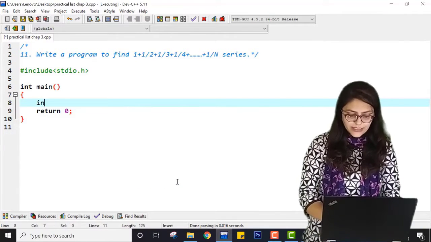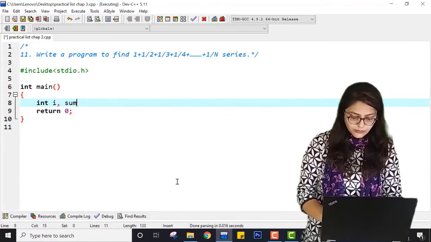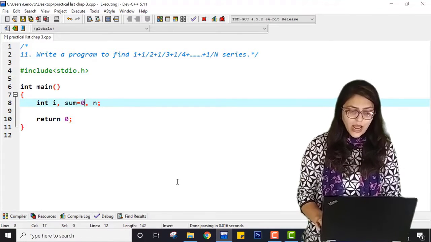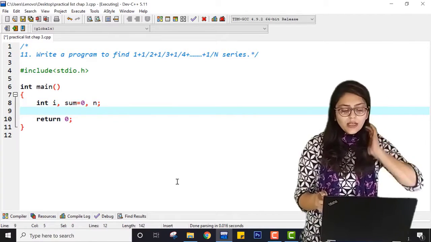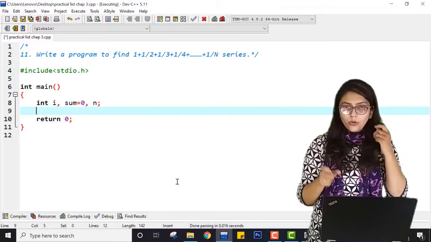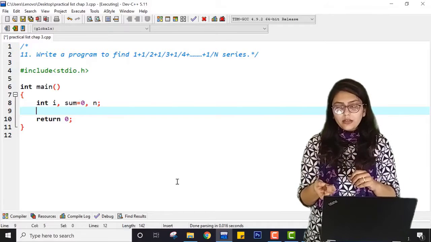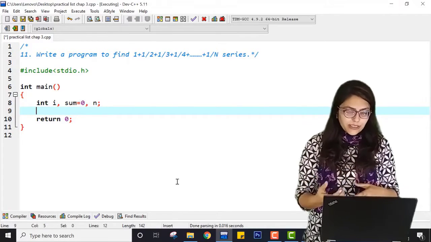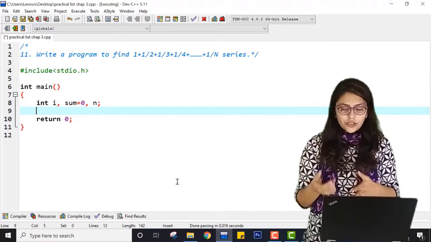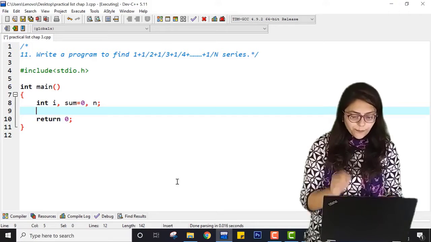What do I need? I need sum and I need n. Sum is always initialized. It is a good habit that you initialize sum. So sum is initialized to 0 because the identity element for sum is 0. If we add 0 to any number, it will give me the number itself, right? If you ever need to initialize multiplication, you have to initialize it with 1.